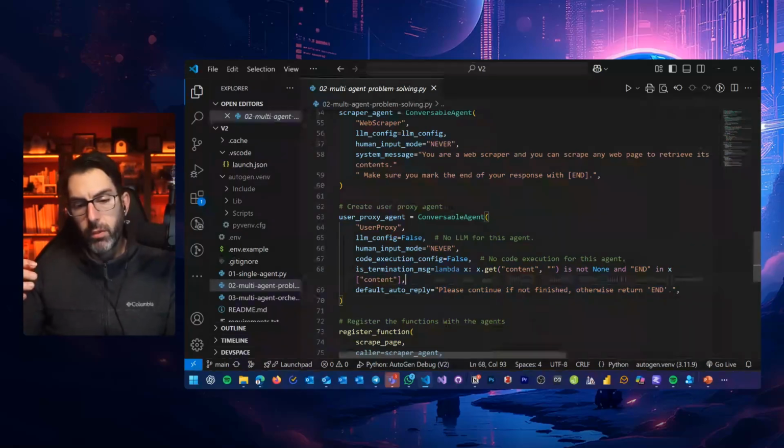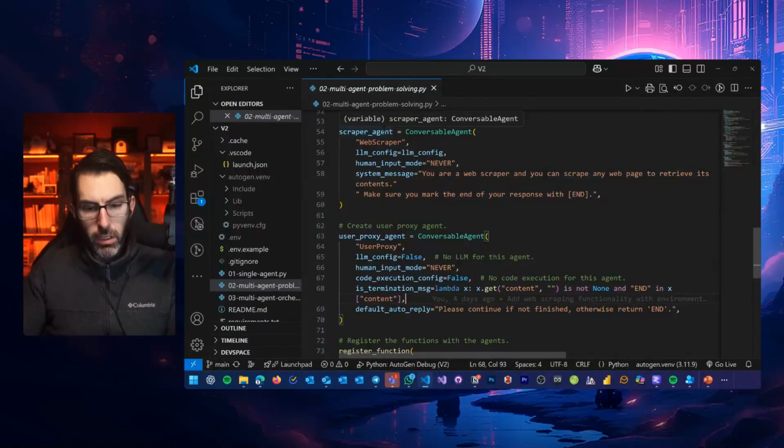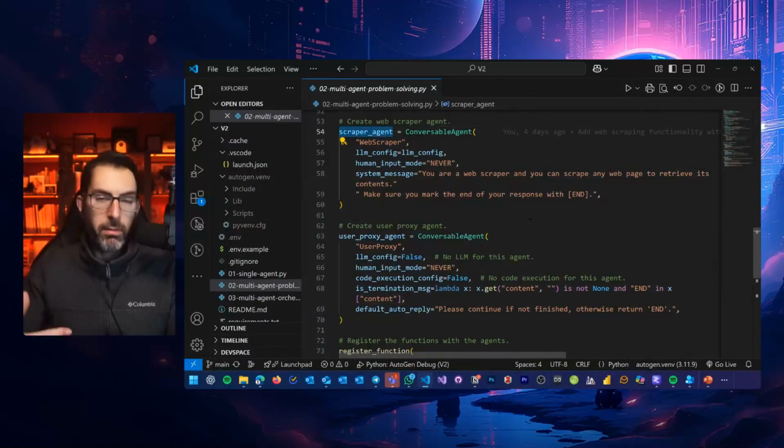So this agent sometimes has to keep talking. It scrapes some content and the discussion can keep going. Maybe I'm going to get multiple tasks. We never know. Maybe it's going to need to scrape multiple web pages, right? So I want to make sure this web scraper agent has plenty enough time to talk,